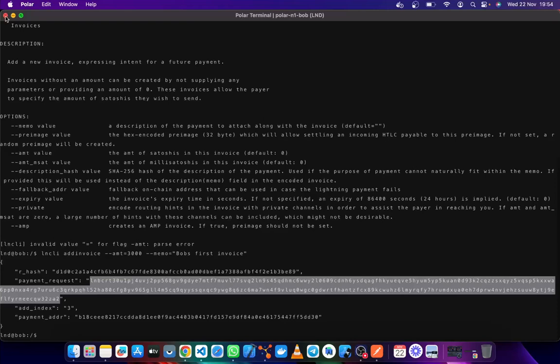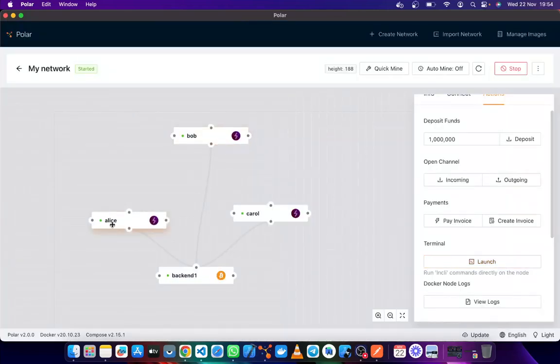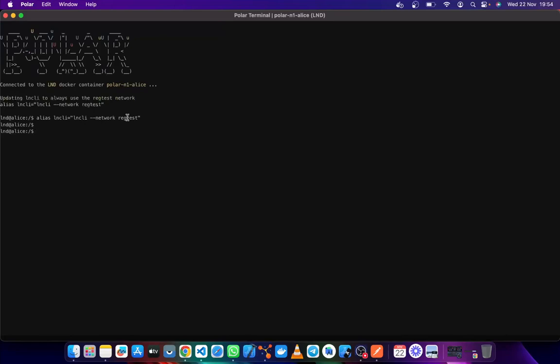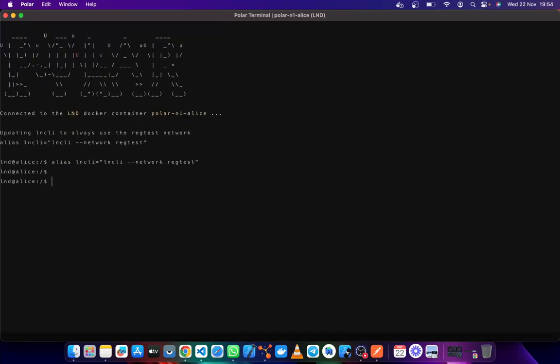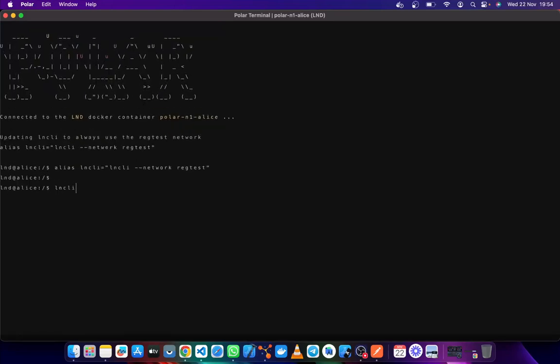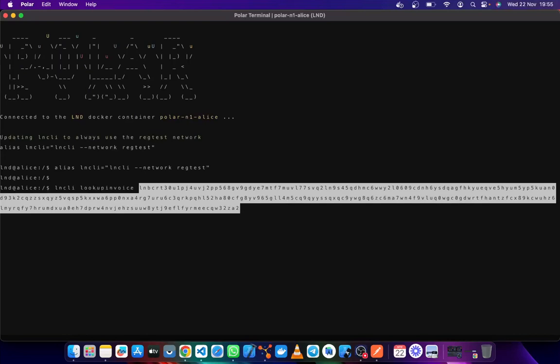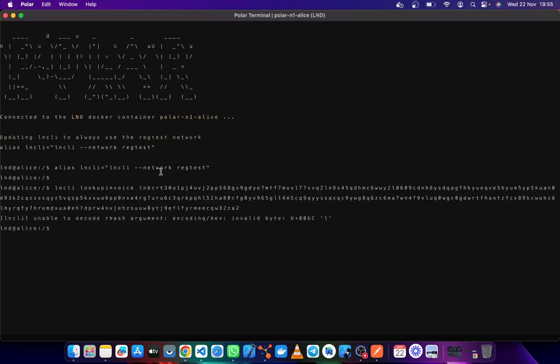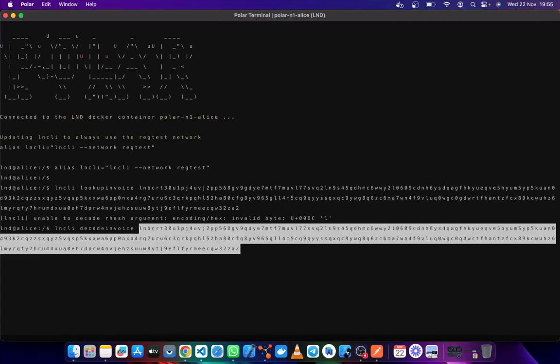When you get that string, I'll close Bob's terminal and open Alice's terminal, and maybe I'll zoom in so you guys can look at that. So I'll go with lncli lookup invoice, paste that, and it's the same thing. Okay, lncli decode invoice.